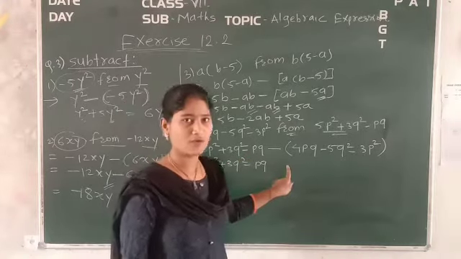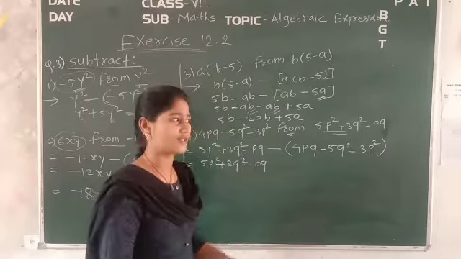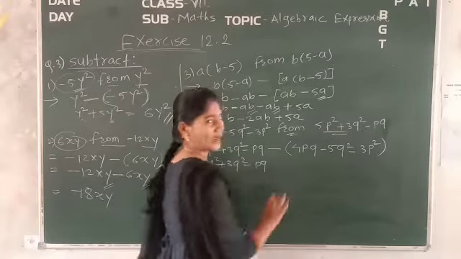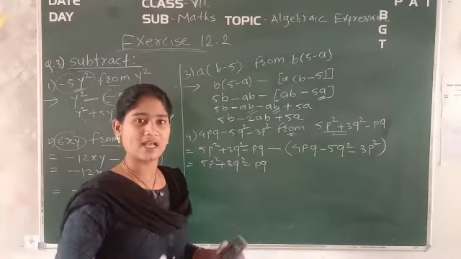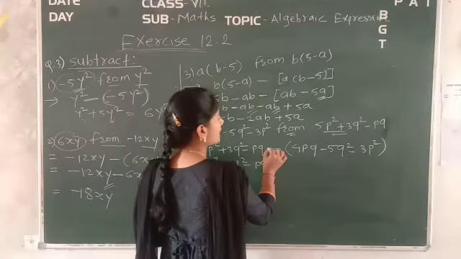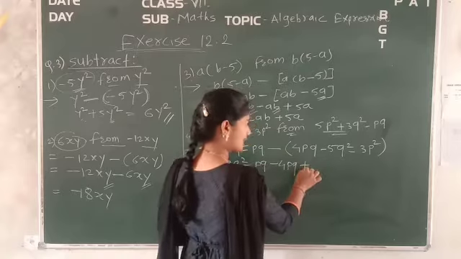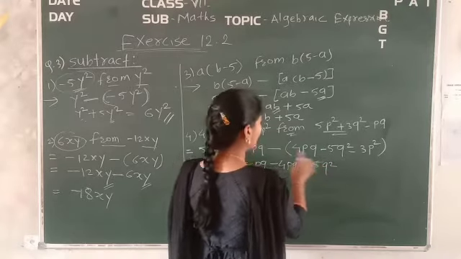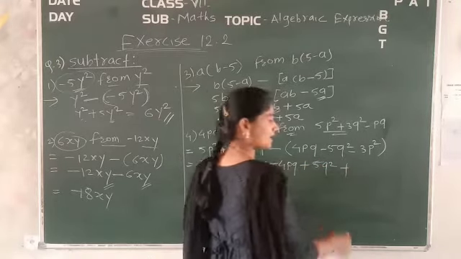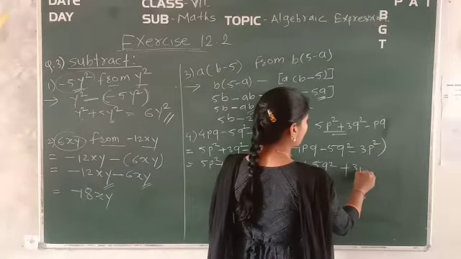What we have to do? We have to solve out the bracket. So minus into the whole bracket. We have to multiply this minus sign with the whole bracket. So minus into plus 4pq gives minus 4pq. Minus into minus is plus 5q square. Minus into again minus is again plus, it is 3p square.